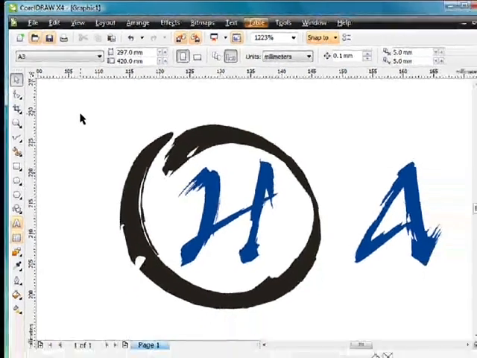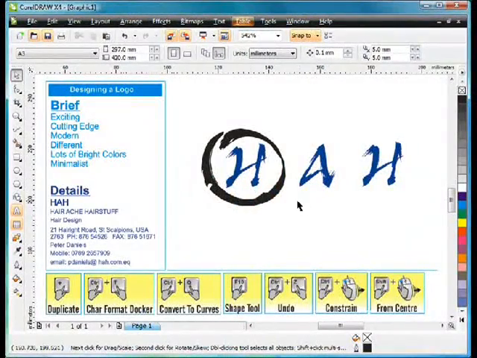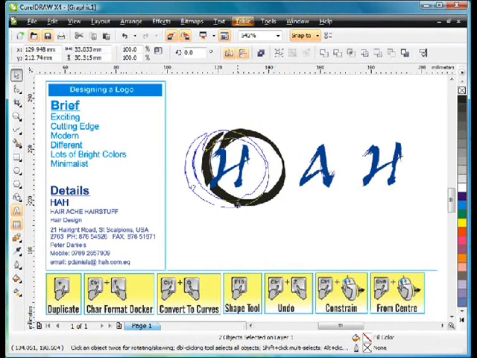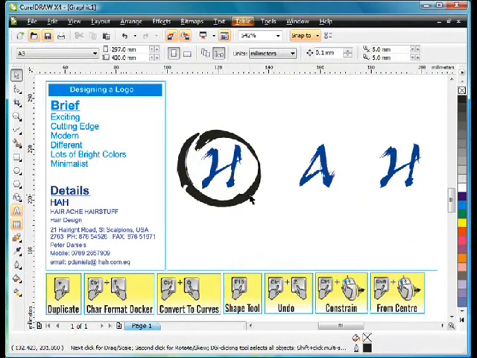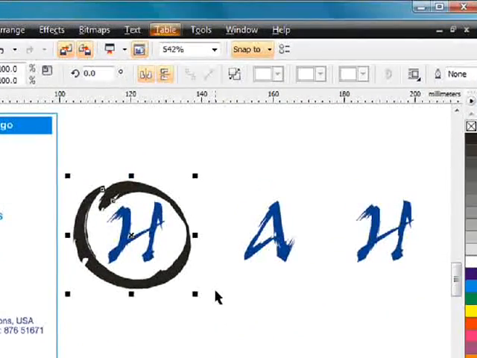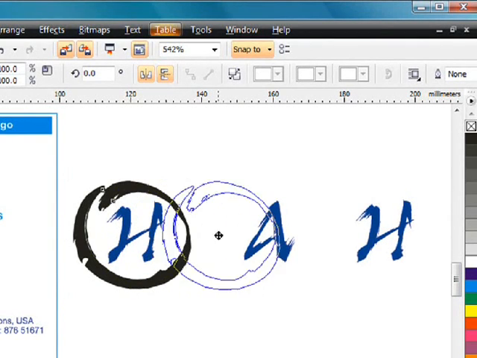So let's zoom back out, F4, and now of course what we want to do is use this same circle on the other characters. So I'll just pop those over there like that. And what I'm going to do is create a duplicate by clicking plus on my keyboard, pop that over the